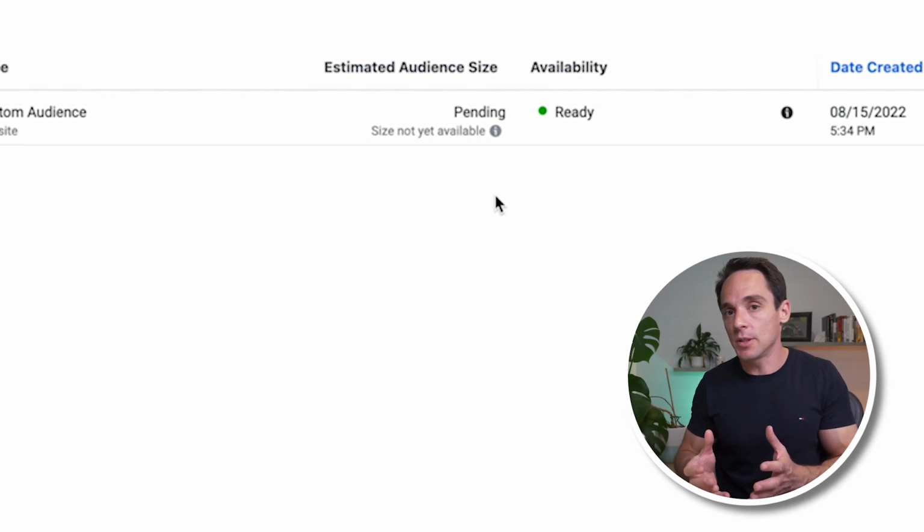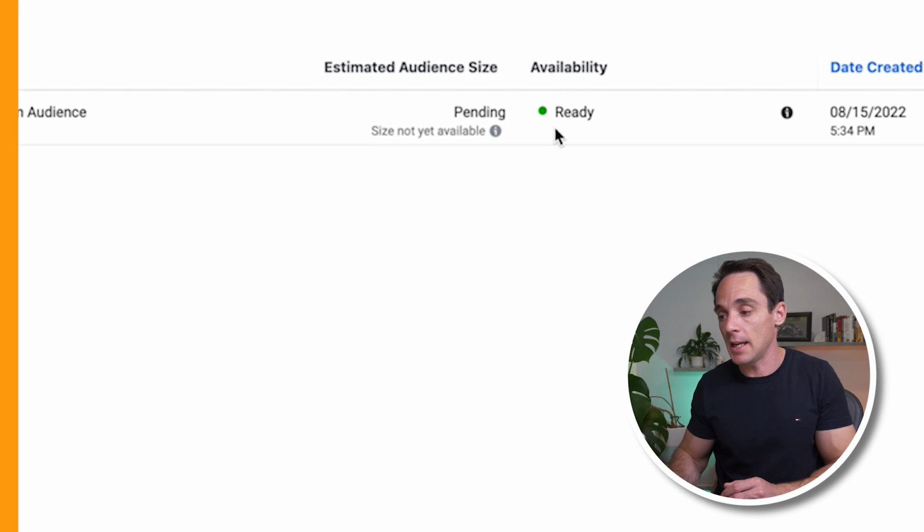It will take a few hours for this to populate, so don't panic if you come back in a few minutes and it still says pending. But the other thing that's really important to note here is if you've only just installed the Facebook Pixel on your website, it can't retroactively or retrospectively go back and add people who visited your website before the Pixel was installed. It's only going to start adding people to this audience from the time in which you installed the Pixel